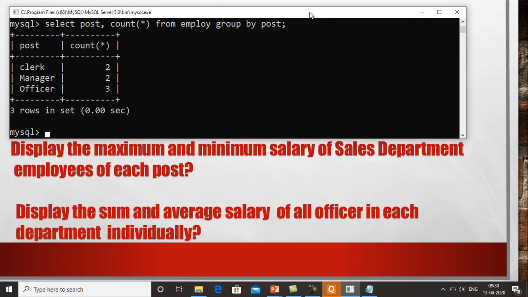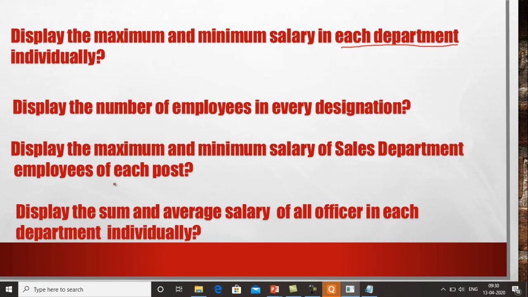The next question is: display the maximum and minimum salary of sales department employees of each post. So now we have to concentrate only on the sales department employees. But from the sales department employee records, we have to make groups on the basis of post, because over here it is written each post.